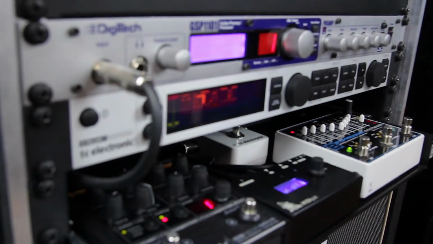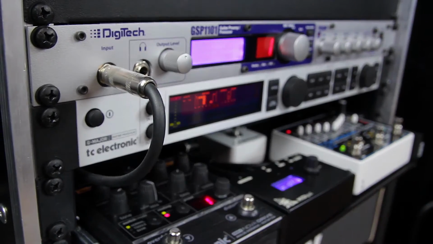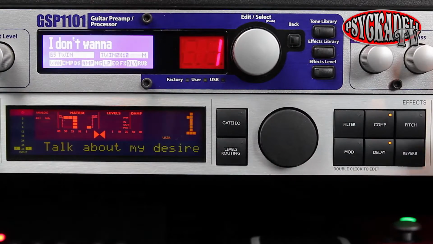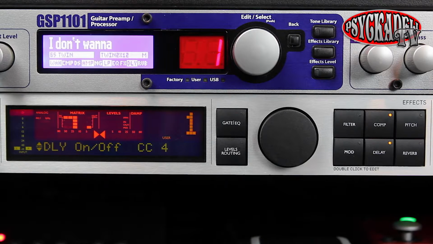So the first thing I'm going to show you is how to turn a delay on and off in my G Major 2. The easiest way to do this is to check on your MIDI gear first to see if you already have some MIDI numbers assigned for what you want to do with it. When I go into the G Major 2 by pressing the mode button and then scroll to where it says delay, I can see that the delay is set to number 4.